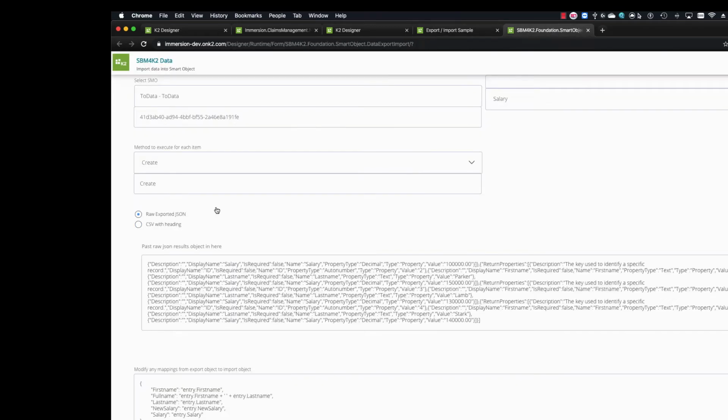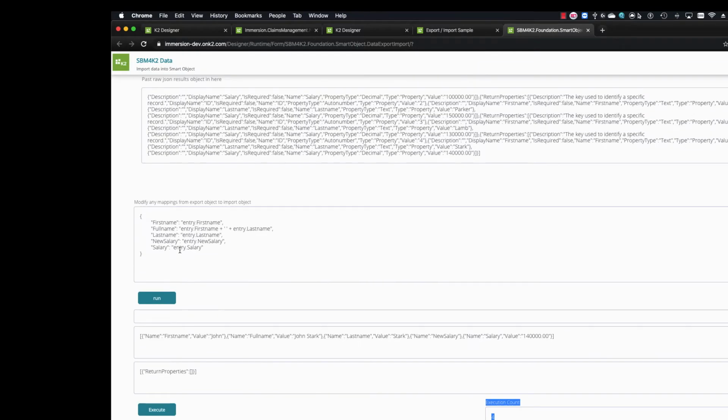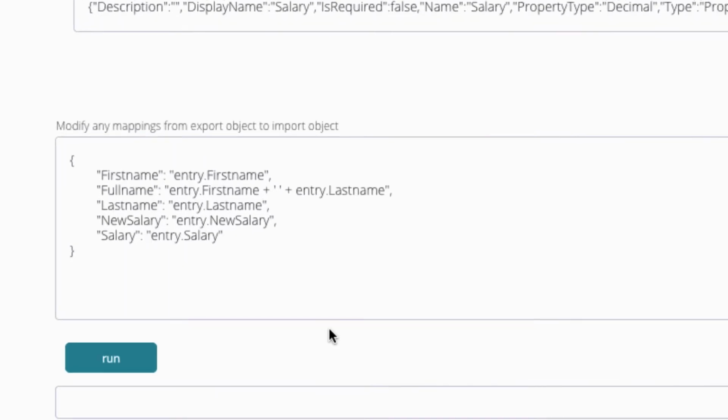All right, so let's get a little bit more advanced here. Let's do the import again, except this time around, I want to do something with the salary. For the salary, we're going to get a little bit more creative here, and we need to do a little bit of calculations inside of here. So what we're going to do is say parse float entry salary, because everything's seen as text, so we're going to convert that to a